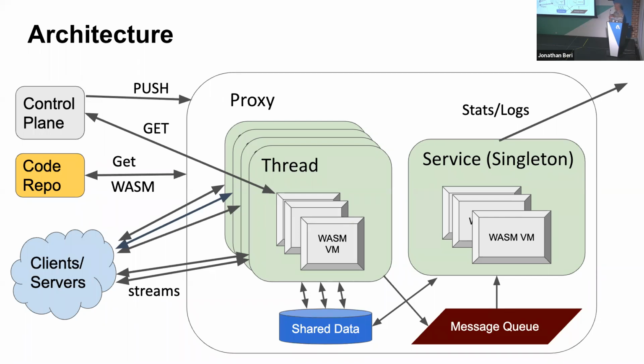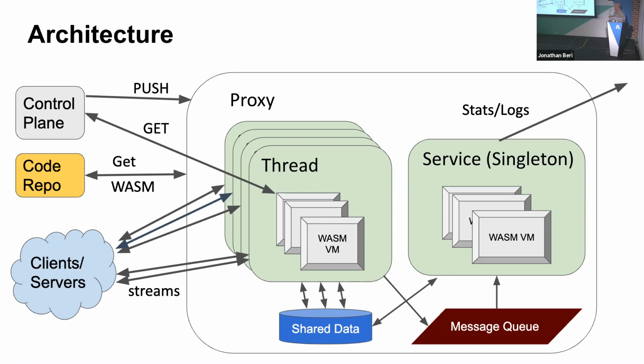And then there's also a collection of singleton services. So you might have a background process, for instance, that scrapes a bunch of statistics. It's going to send it out to some backing server. You only want to have one of those, right, per box. And so there'll be a singleton that'll do that, and it'll talk to the other individual thread VMs and